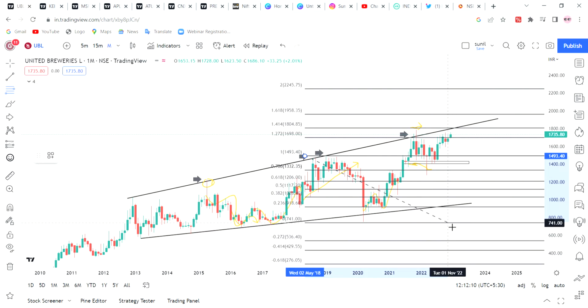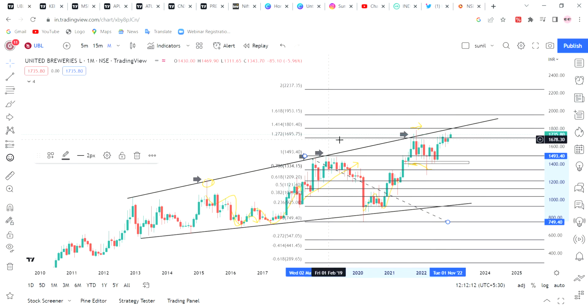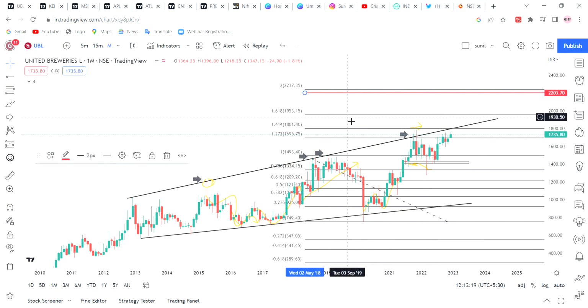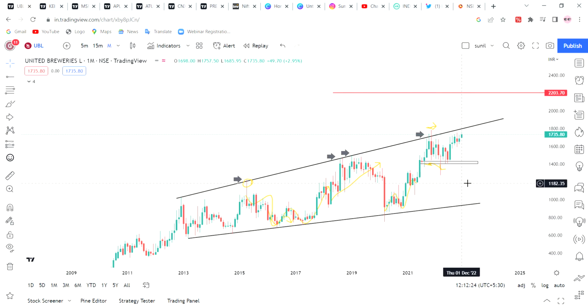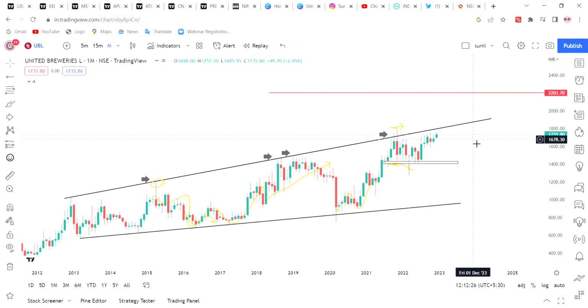My target will be around 2200. That's fixed. But when I enter after the trend line breakout, I will enter with some quantity, and